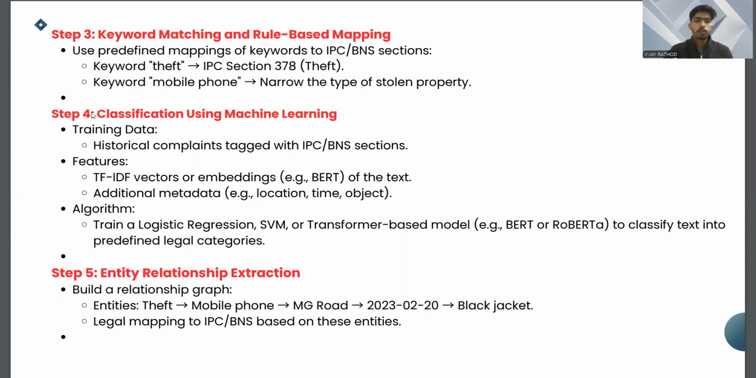Now moving forward to step number 4, classification using machine learning. It includes basically three parts: training data, features, and algorithm. Training data is historical complaints tagged with IPC or BNS sections. Features are TF-IDF vectors or embeddings of the text, and additional metadata like location, time, or objects. And last, algorithms: train logistic regression, SVM, or a transformer-based model like BERT or RoBERTa to classify text into